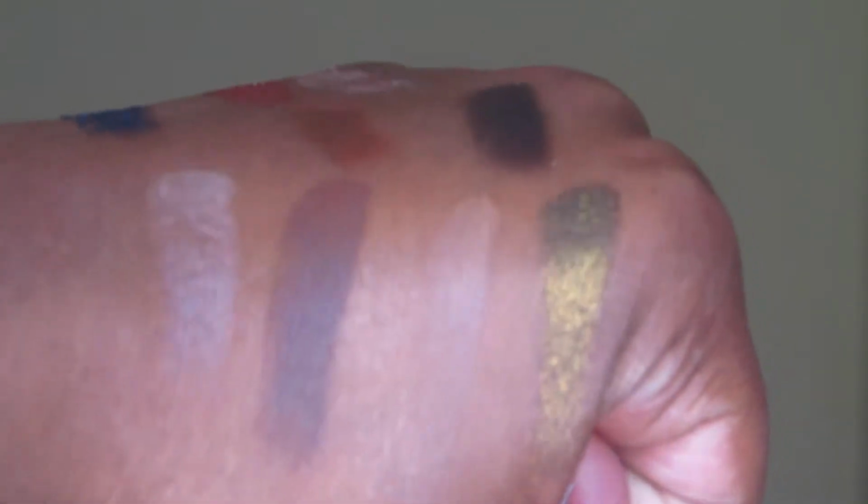I broke. But anyways, guys, this palette is so beautiful. I have been using this palette a lot this month, and it's such a simple palette. It has a couple pops of colors, but I don't know why I love it so much. I think it's just this brown. I'm gonna open it halfway, but this brown right here, the shade called